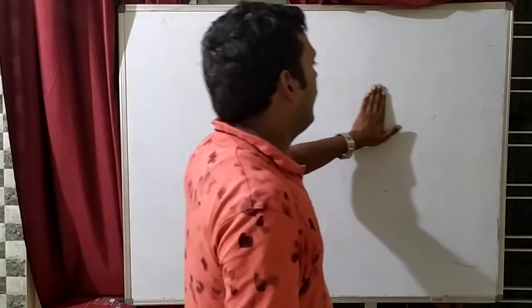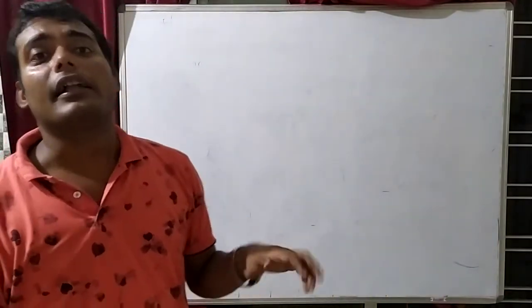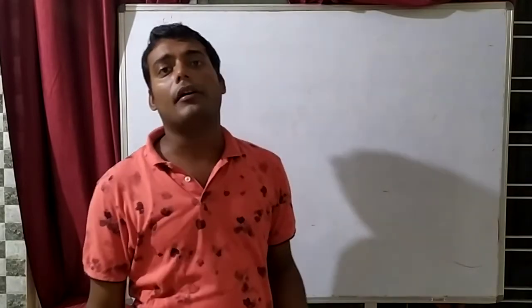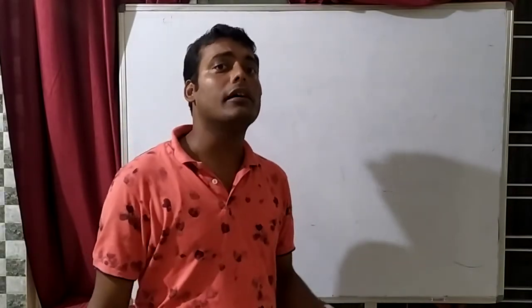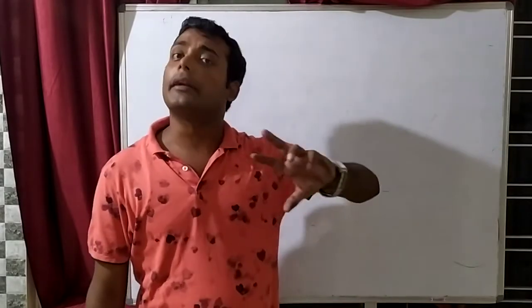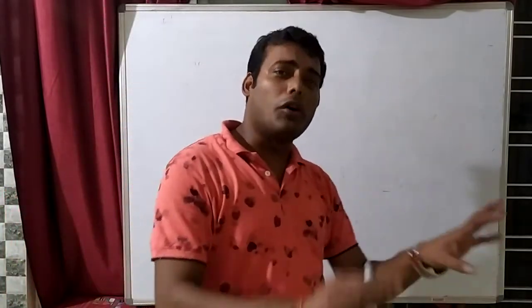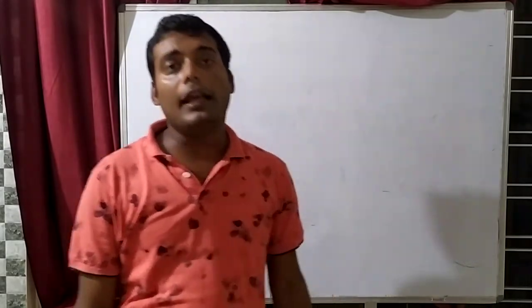So in the next class, you will get the application of this. Today we have understood the condition for constructive and the condition for destructive, for understanding Young's double slit experiment, which is one of the most important topics of wave optics. That will be my next lecture. For that, you just have to understand the conditions for constructive and destructive. Only that much I need. You don't have to make this much of a graph; for understanding purposes, I have shown you. Clear?